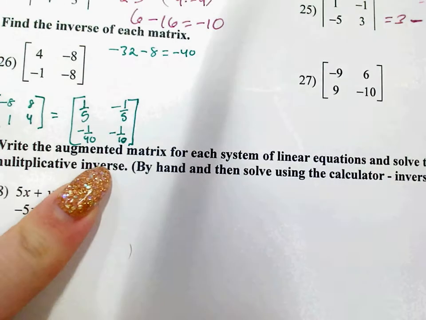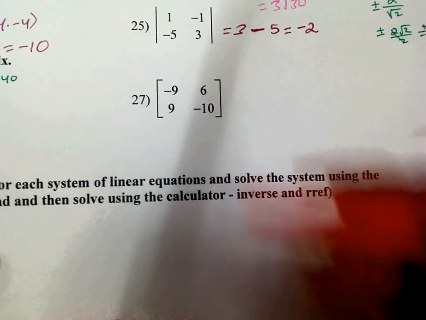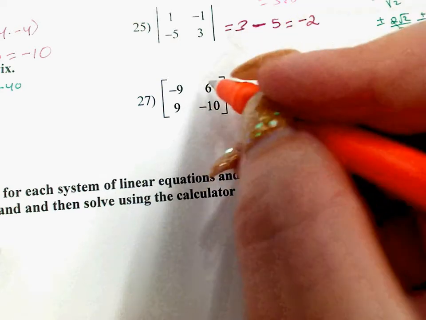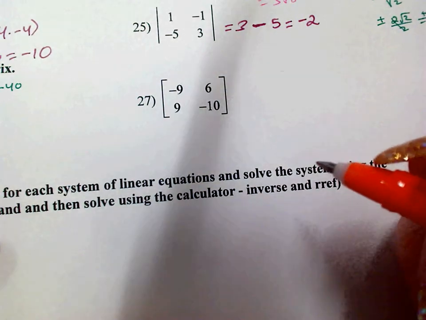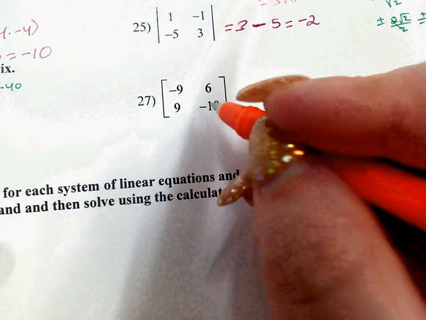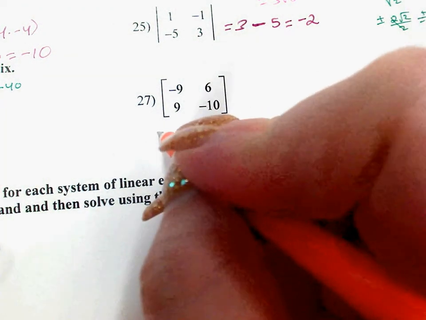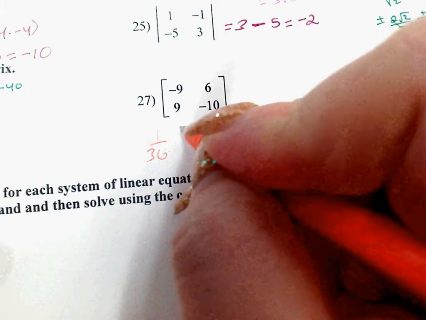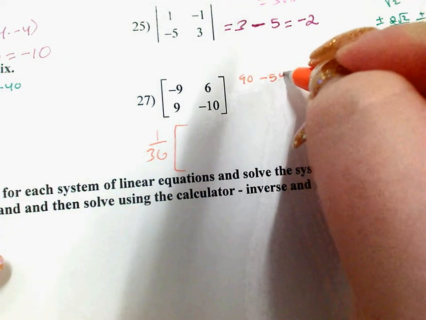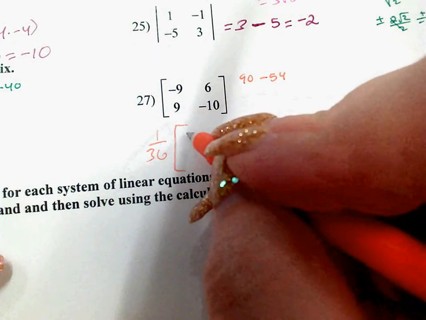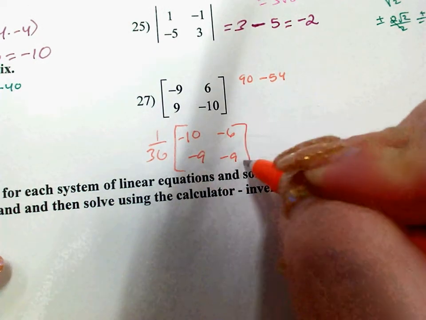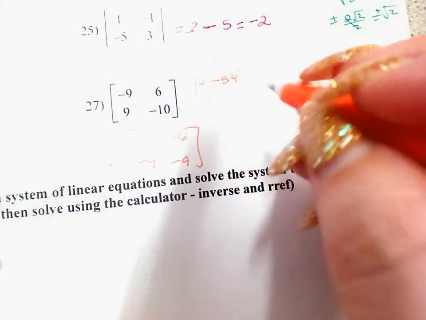And there you go. So for 27, we've got the determinant. So 1 over 90 minus 54, which would be 36. So 1 over 36 times the adjugate. We switch negative 10 and negative 9, and we change the sign, negative 6, negative 9. So the inverse would be